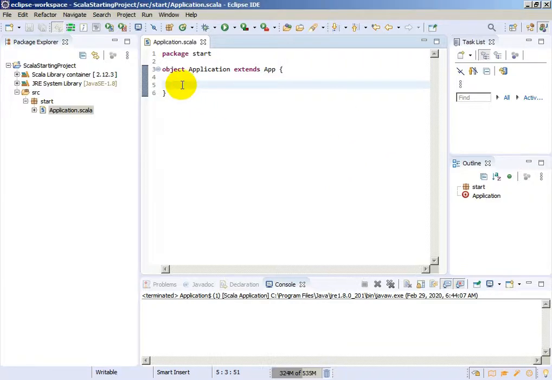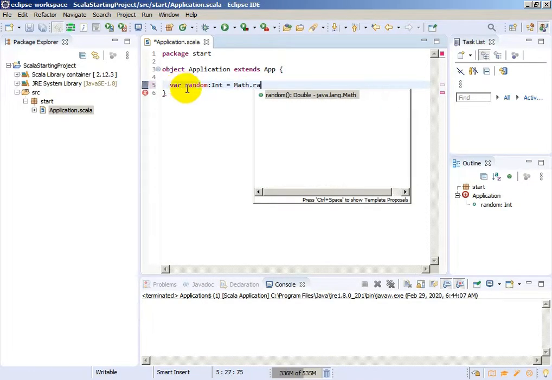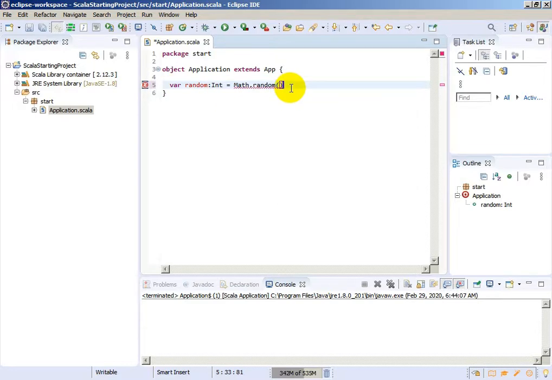We will create a variable random, which we will define as an integer, and it will be equal to, we will use the math library, math.random. It depends what range we want, from 0 to, for example, 50. If we want until 50, we need to multiply it with 50. If we want 20, we will use 20, but we need to use them in the brackets here and here